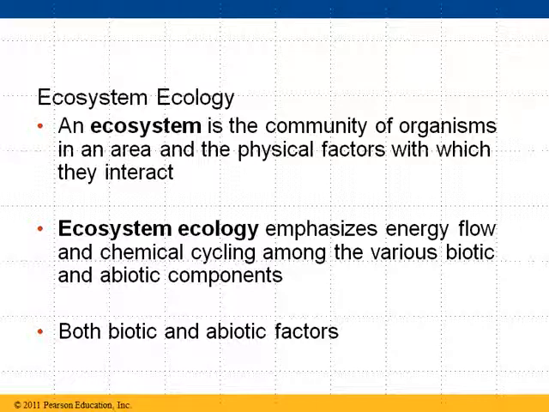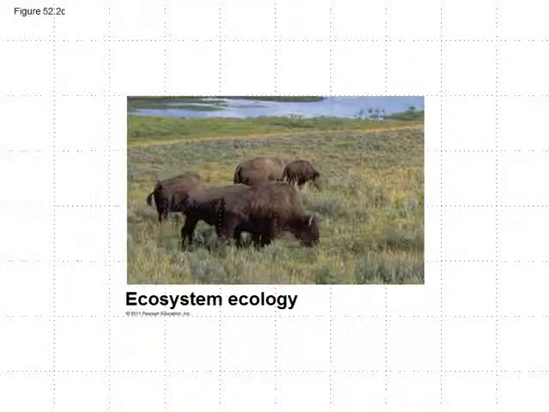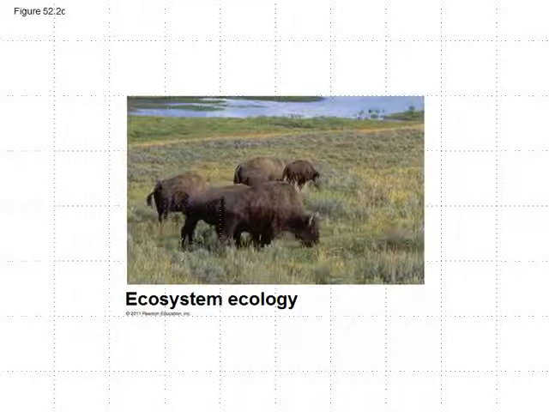That is an ecosystem. Ecosystem ecology emphasizes, again, energy flow between the creatures and how certain chemical nutrients like nitrogen and phosphorus are cycled and recycled throughout that environment. And this is going to look at, again, both biotic and abiotic factors. Biotic meaning the living creatures or the living parts of the ecosystem, and abiotic being the non-living, such as weather, soil, and the like. So here is a grassland ecosystem, and if you were going to study the grasslands of, say, Nebraska, you would study all of the living and non-living parts that make up that particular area or part